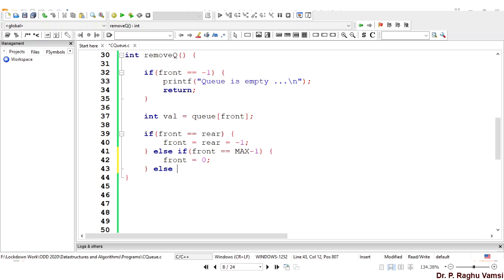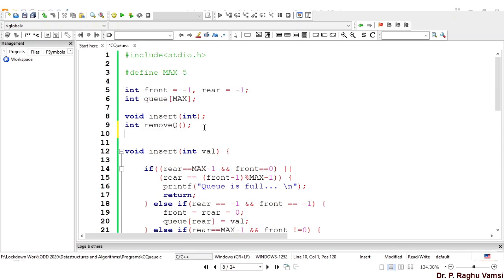Maximum these two are the values that will be available. So if not these two, front is equal to front plus 1. That's it. So with this, whenever the element is taken from the queue, the front value will be incremented by 1. Then return value. Because we have taken the queue of front into the value, this value will be returned.